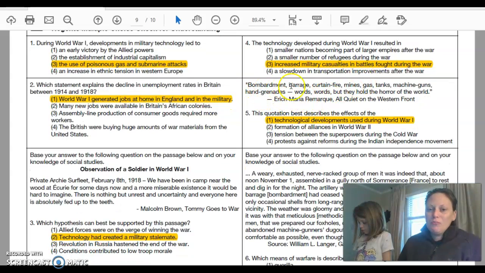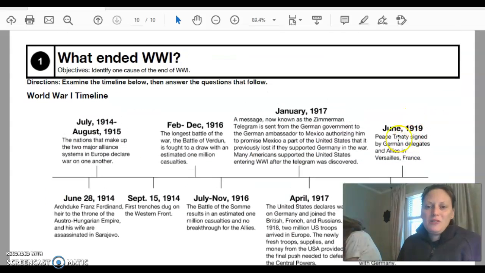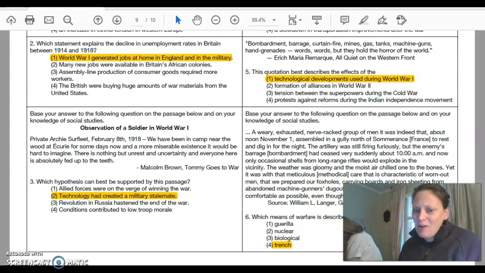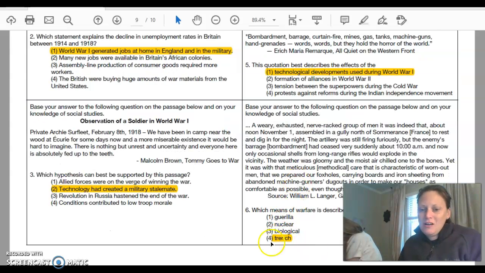In a bombardment or a barrage, curtain fire, if you hear anything like that, that's dealing with the technological developments used in World War I. And we have this passage here, and it talks about a weary, exhausted, nerve-wracking group of men assembled in a gully. They had to dig. So all of that, if you continue to read, and I'm talking about dugouts and houses, those are the trenches that they were building. So I hope this helps you with your reading check,